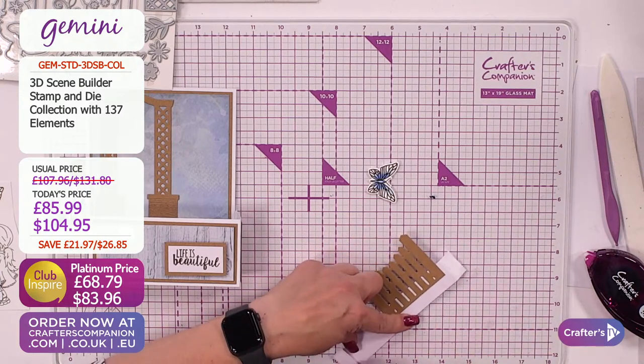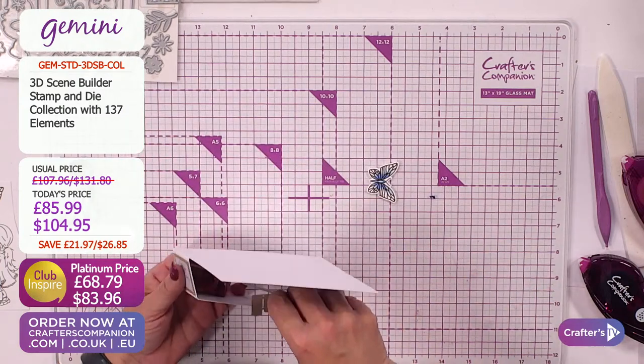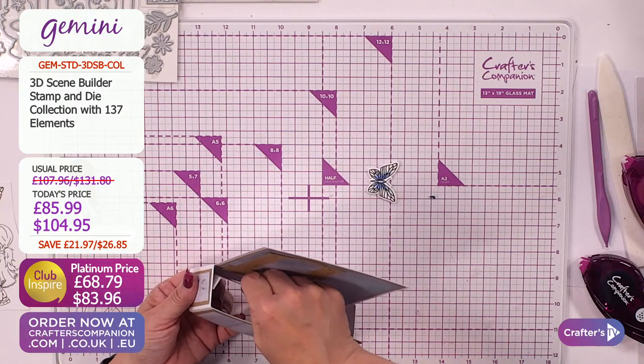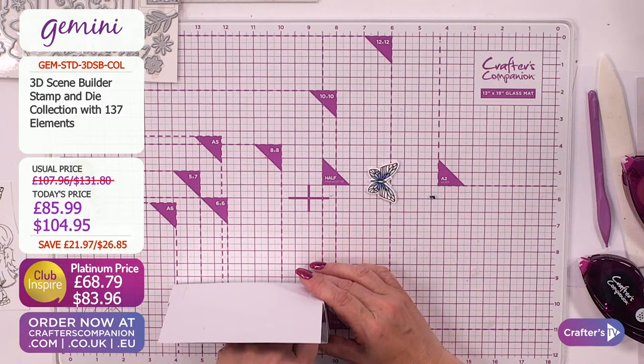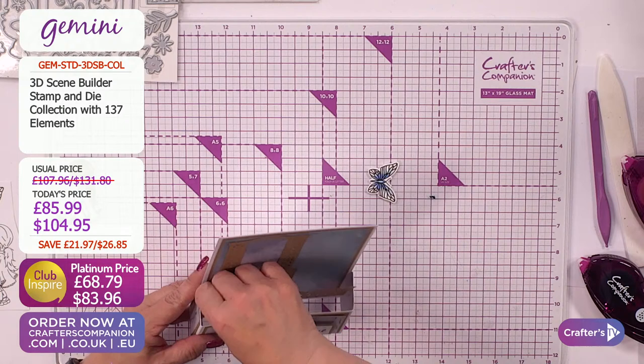But it's fine. I'm going to now stick that panel onto the inside piece like so. And depending on where you want it, if you want it higher up, you can lift it up and pop it up to the top. And I think I'll do that for this one. Let's pop that in there. You can add a couple more in there if you wanted to. So basically, all I've done there...